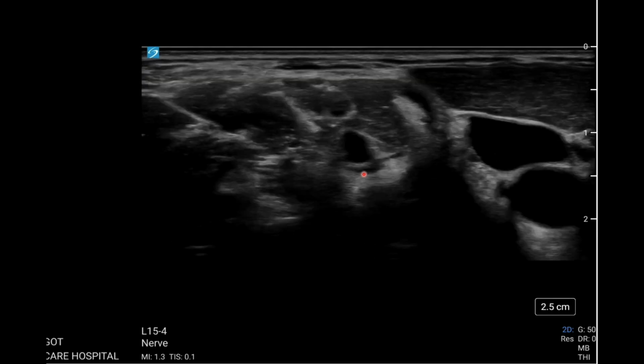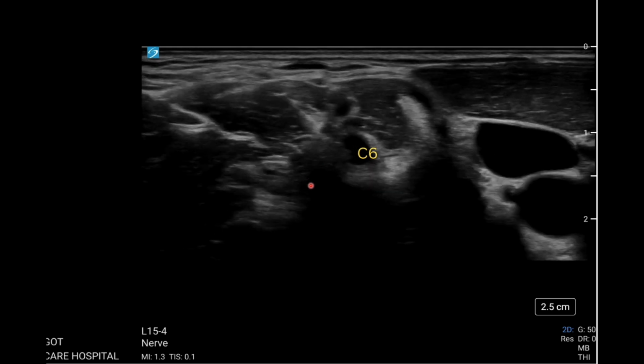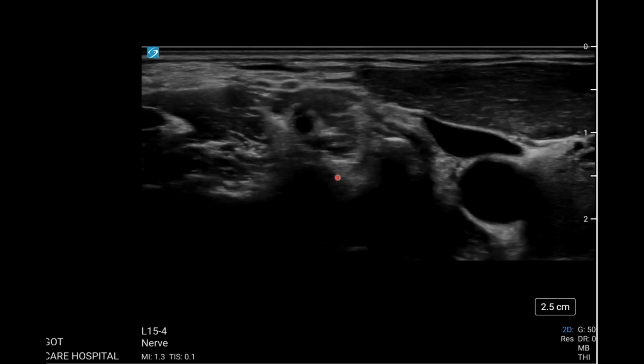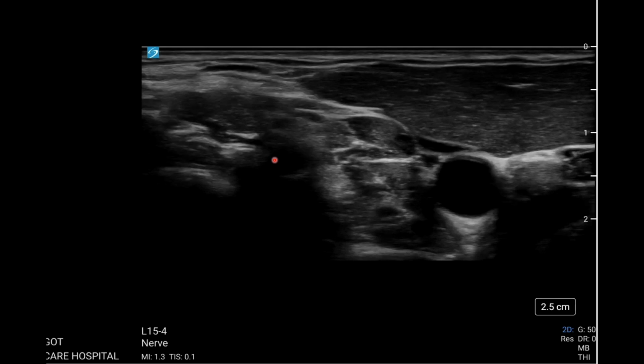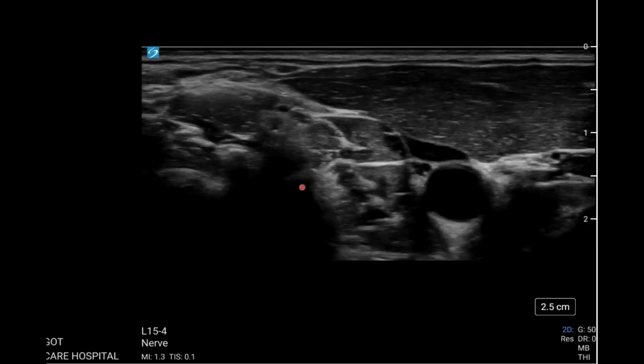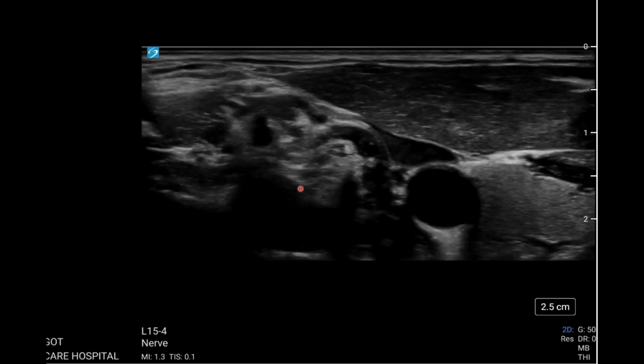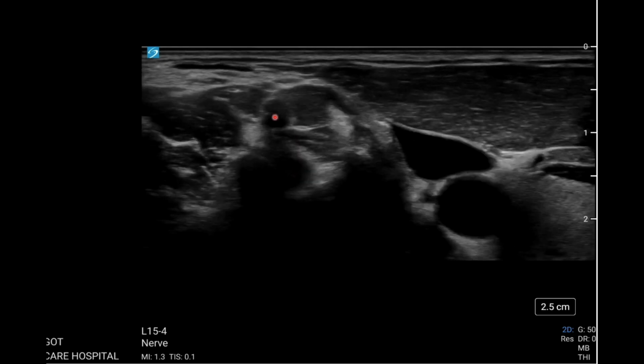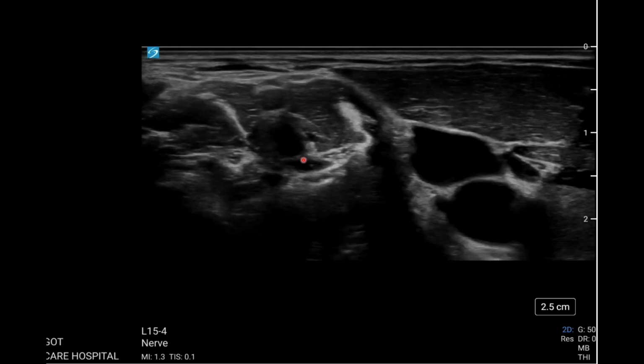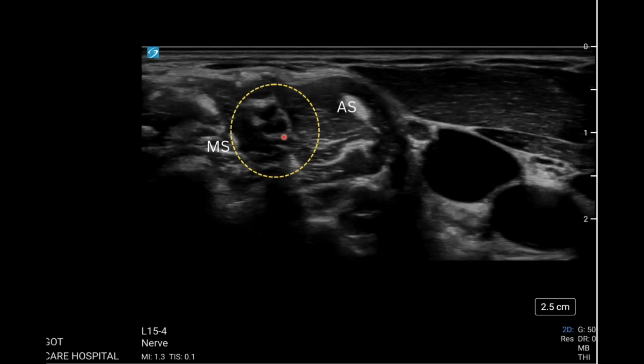As the probe is moved further cephalad, the next nerve root to be identified is the C6 nerve root, which is identified by the presence of both anterior and posterior tubercles, and this is the C6 nerve root. The next is the smaller C5 nerve root with the anterior and the posterior tubercle. And eventually we can see the C5 coming out of its intervertebral foramen, and the C6 nerve root also coming out,